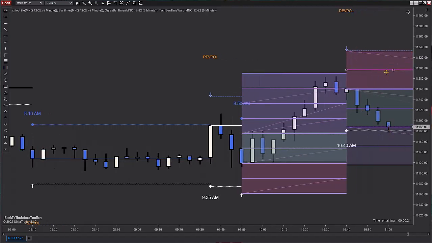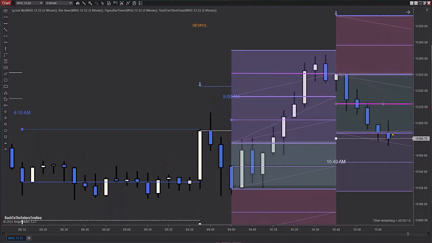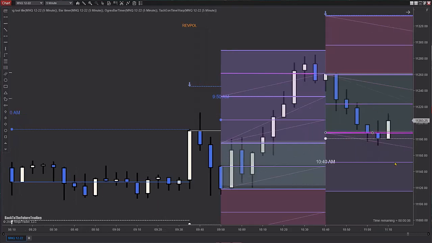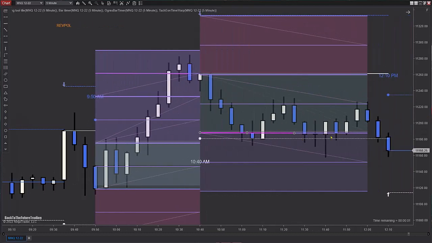Then we hit target one. Now we're at break even, or we can move all the way up to halfway. Then we close below. Geez, this might be really cool. I'm just brainstorming out loud in real time here. Then we close below this line. Then we're super tight, and we come back and get stopped. We would have made a little more if we let that thing run, by 87 ticks. 87 ticks on the 5 minute, though. It's not that much. I mean, it's either that or you leave money on the table.